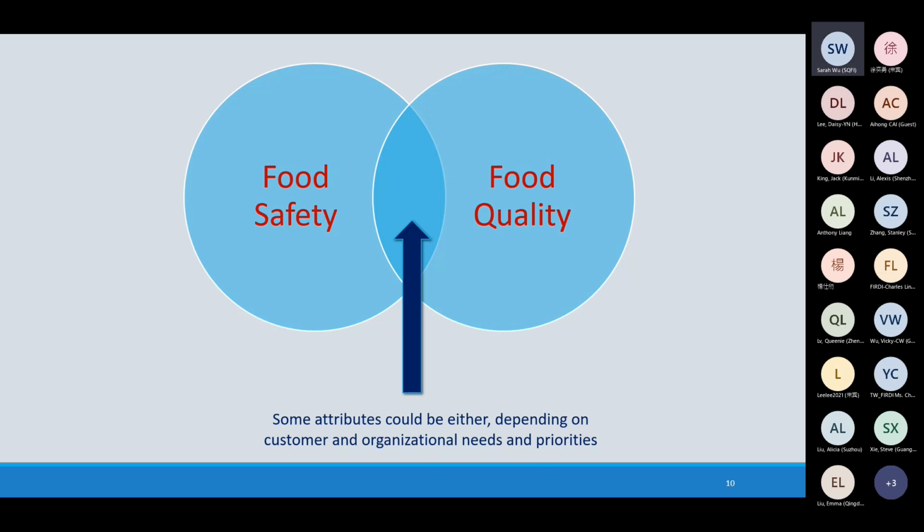Okay, so food safety attributes are well known to us. And generally they fall into the categories of microbiological, chemical, or physical attributes. Food quality attributes, though, are sometimes not as well regarded, or are going to be different between different facilities. Some of them overlap. So net weight, for example,